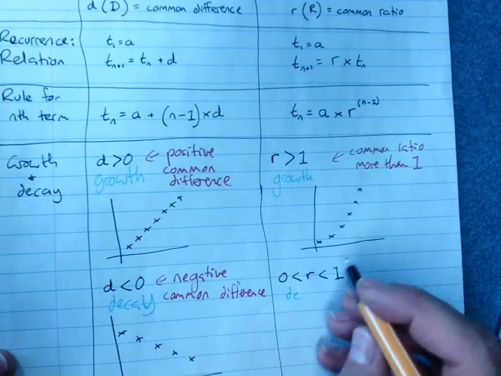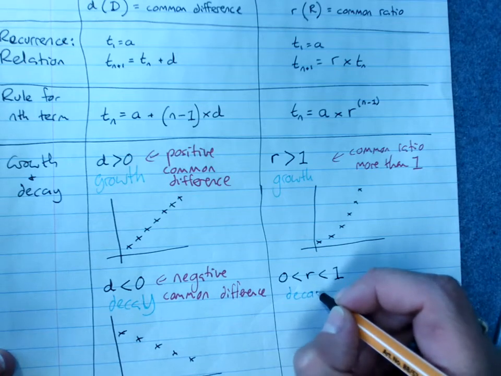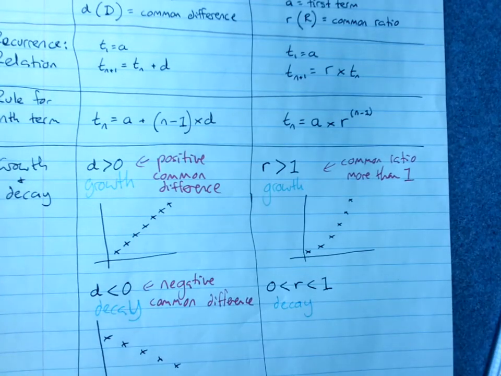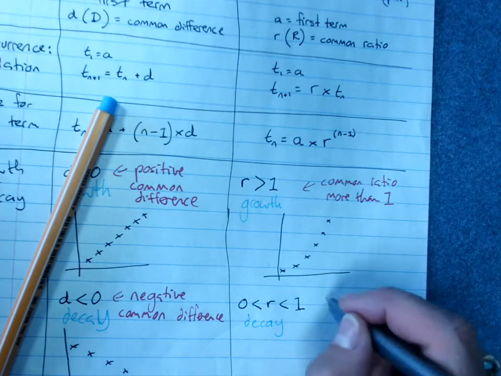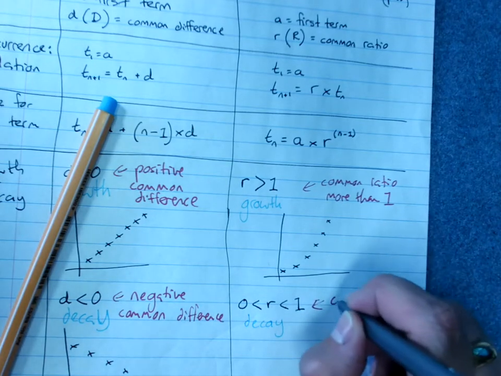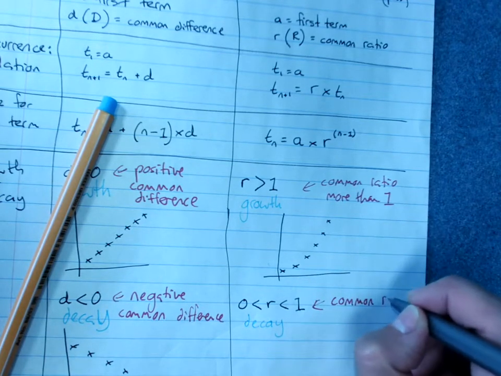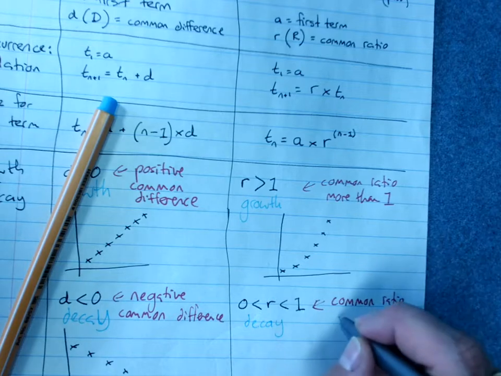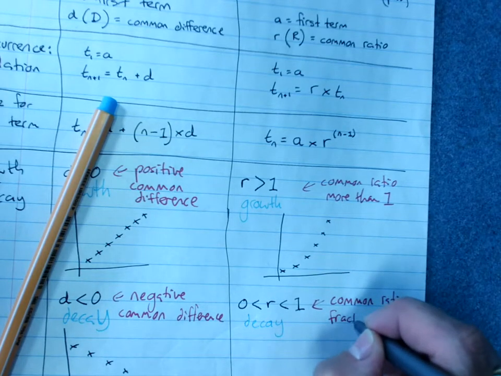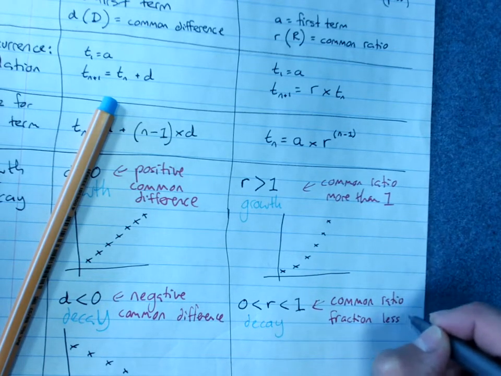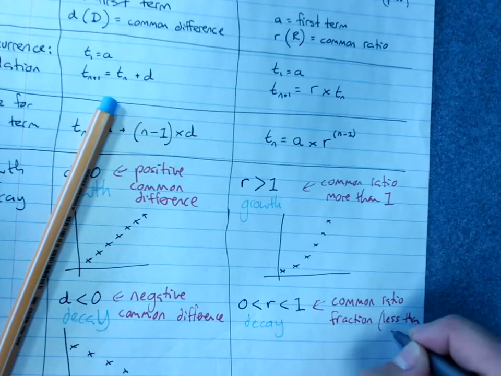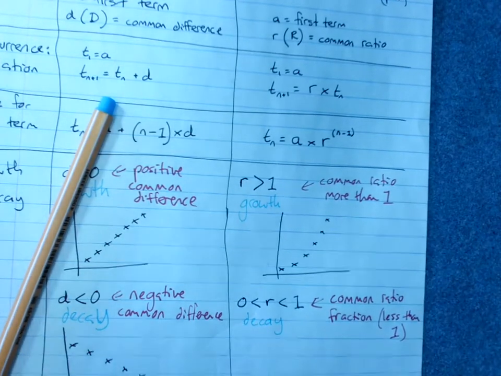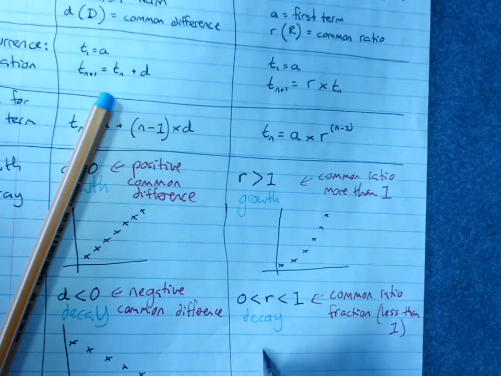We don't deal with negative common ratios in this course because it's too tricky. But this is a common ratio, basically, it's a fraction less than 1. And that geometric decay